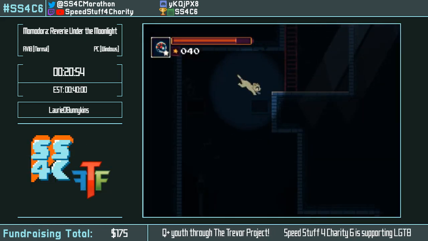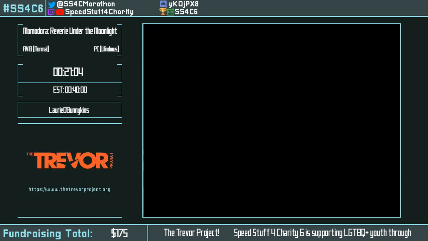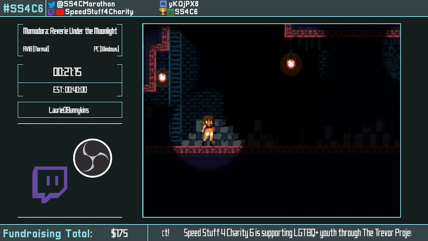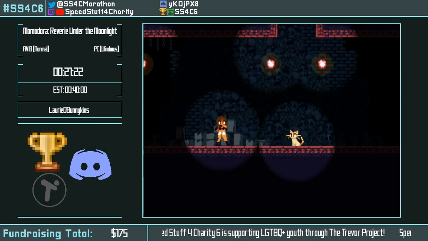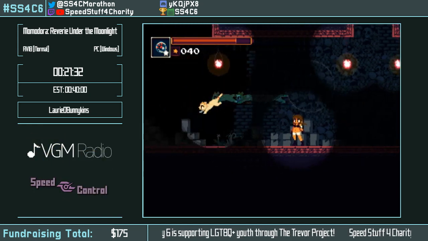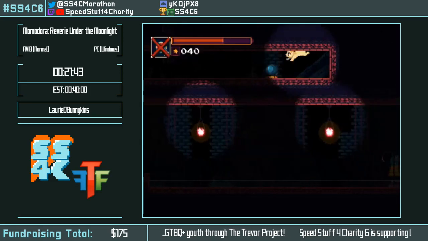I'm gonna move down here and go into the third area, or the area where the third crest fragment we want in the route is. This is the subterranean grave. It's kind of our water area of the game. Alright. That's Aerie, she's not important. What is important is that I go up here, and this bug requires the cat to have